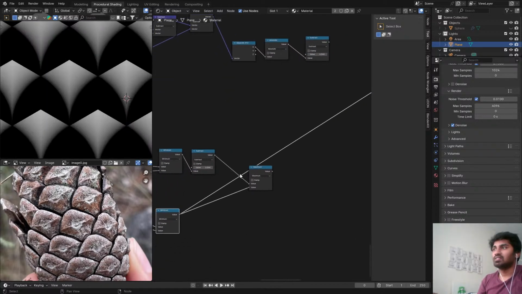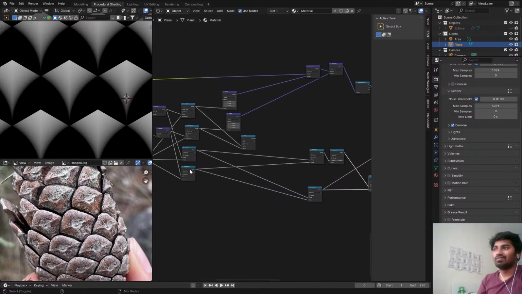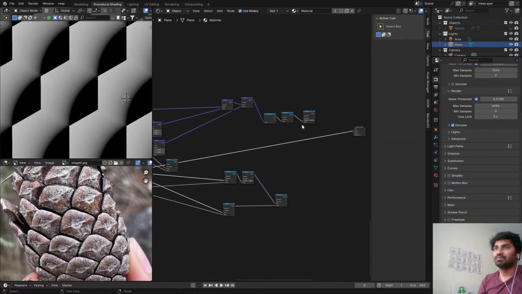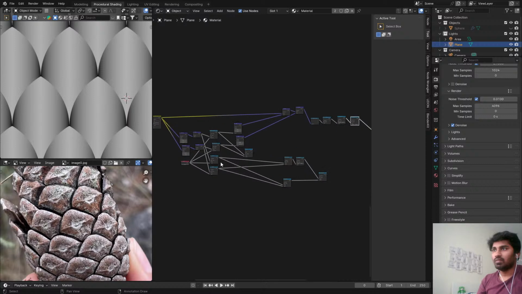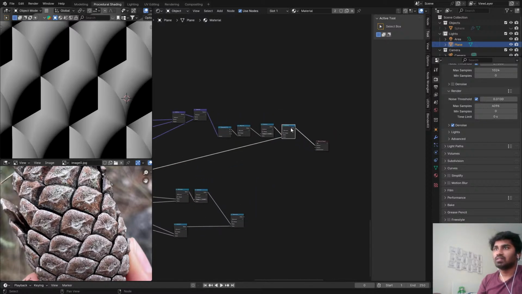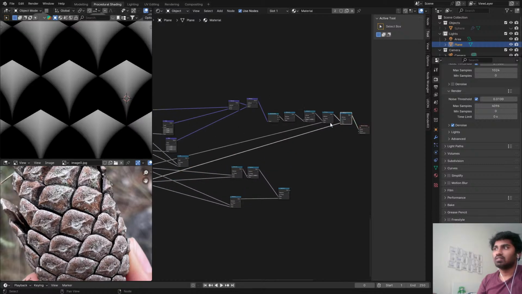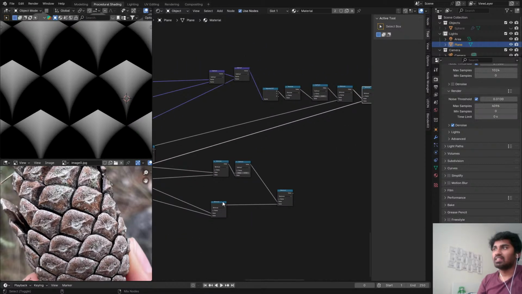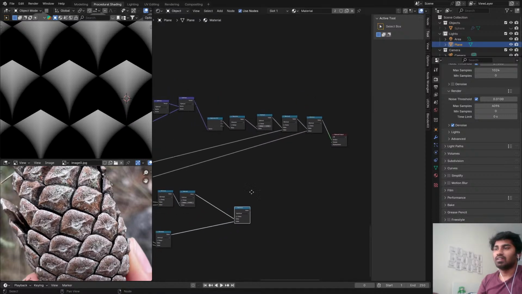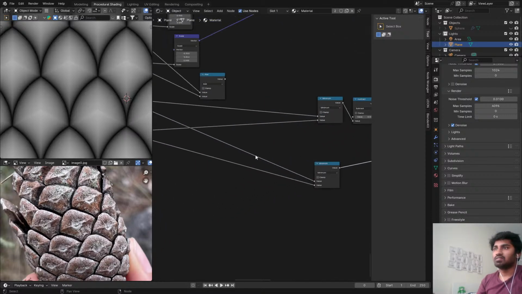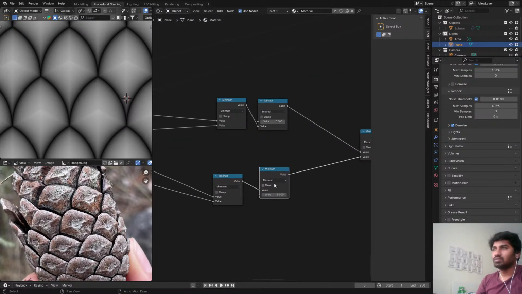Subtract from 1. For that, let's absolute it. 0.5 maybe. Yeah, now let's take this. We have this and that, so let's do minimum with this and this. We'll get that. Is that and this the same? Yep, it is technically the same. Let's take this maximum and let's do like a small